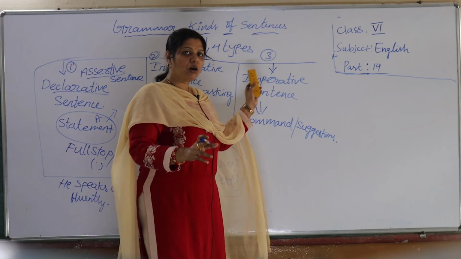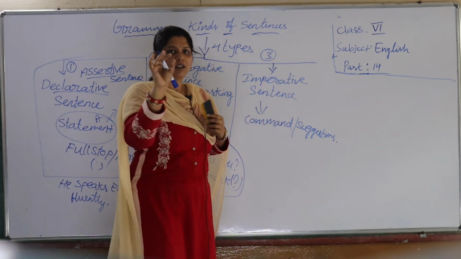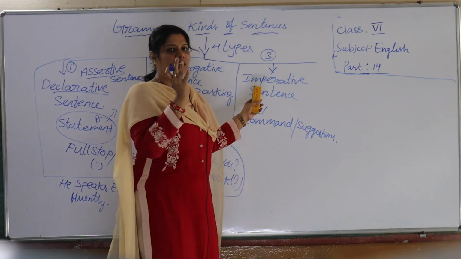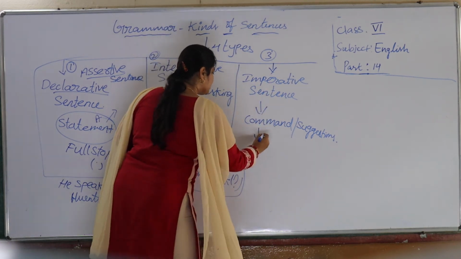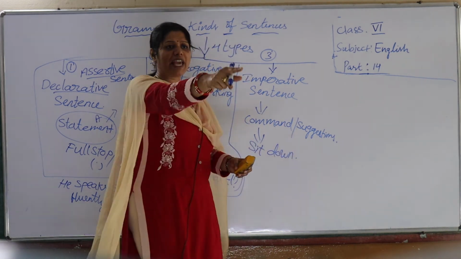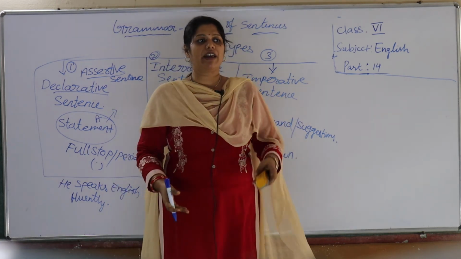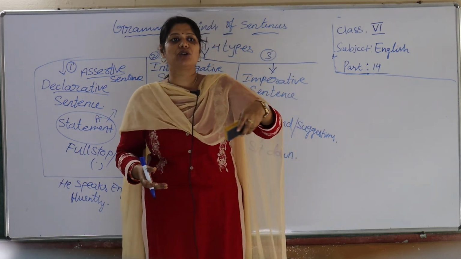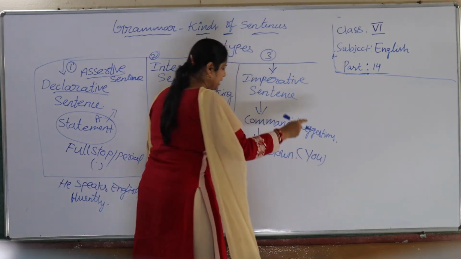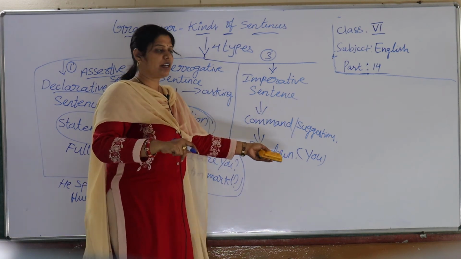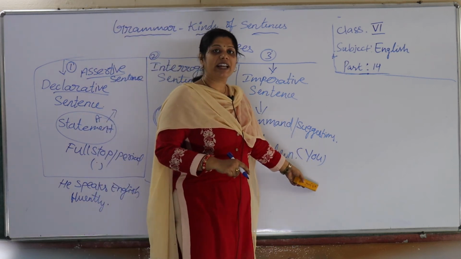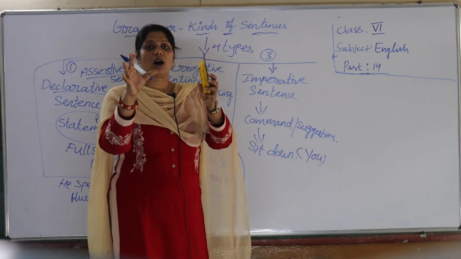So note, in all the kinds of sentences, this is a little bit difficult for you. Why? Because this is going to confuse you. When you command, as I said, sit down. So here when you are saying to someone sit down, you are not taking their name, you are just implying them. So you understand to whom it is being said. So the subject is hidden here, you understand, you sit down. When it is said, you understand always the subject carried in imperative sentence is you, which is hidden in imperative sentences. So how to identify?